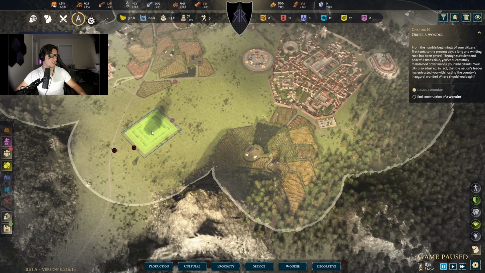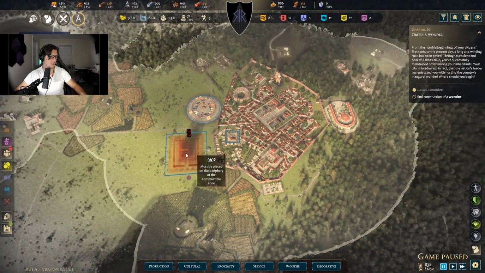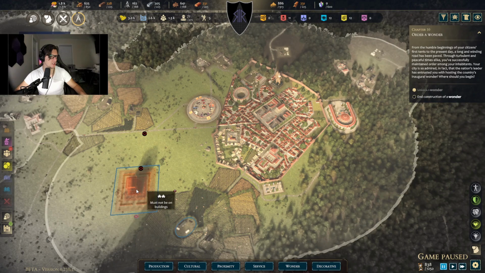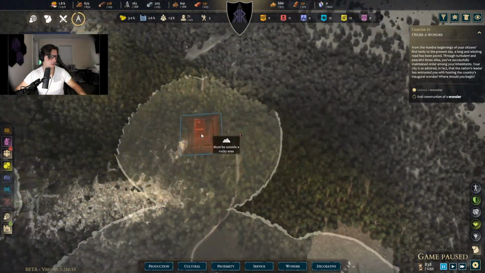I mean, do we put it out here? Does it make sense to put it out here? We probably want it to be closer, though, I would assume, right? Oh, it must be placed on the periphery of one of the construction zones. So I can't even do that. It has to go out here. Okay, well...